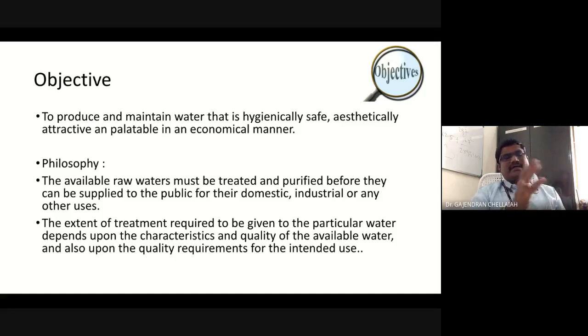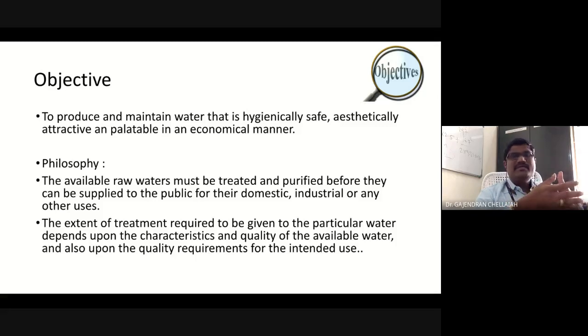So we have the requirements, as I said: it should be hygienic, affordable and attractive. At the same time, we cannot spend more money on that. So for what particular purpose are we going to use the water? For example, take the treated water which is coming from the municipality of Bangalore. The Bangalore Municipal Corporation collects all the water and treats it. The treated water is again supplied to industrial users, and they charge for that also. So for industrial need, they can use that water.